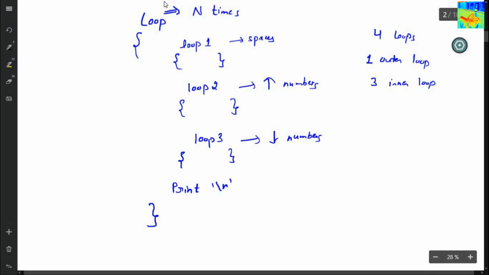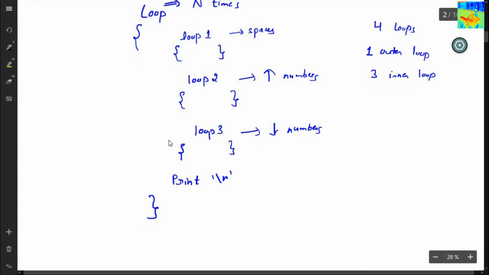Okay, so let us write the pseudocode. Read n. i equals 1, while i less than or equals to n, do. So this is my outer loop. What will I do here? First of all, I will print spaces.